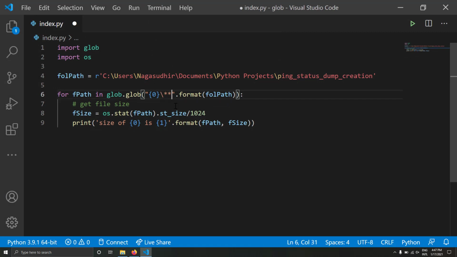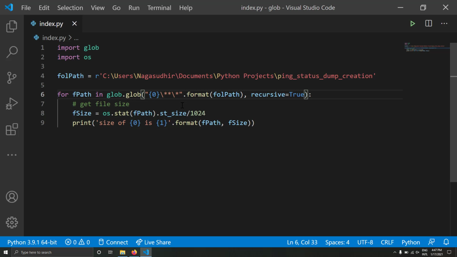You have to write another star, and then in glob.glob, you have to write recursive equal to true. So by writing another option, recursive equal to true, and changing * to **, we are telling the glob module to get all the file names recursively from the folder.